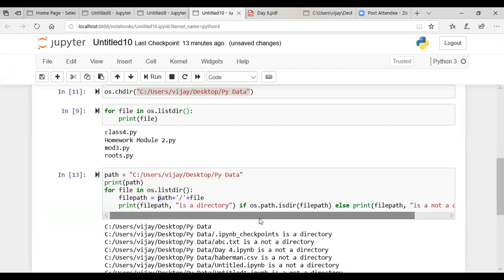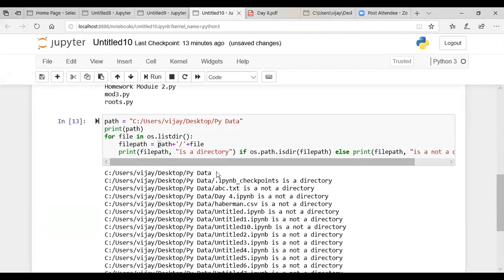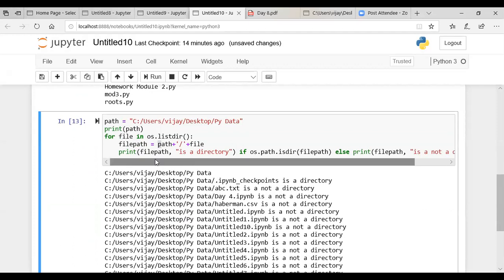So let's run this. The first statement that you can see here is the path that I'm printing. Then it goes for the first file in that directory, PySpace data, and determines the file path. The file path is the path I've defined over here, appended with the name of the file.